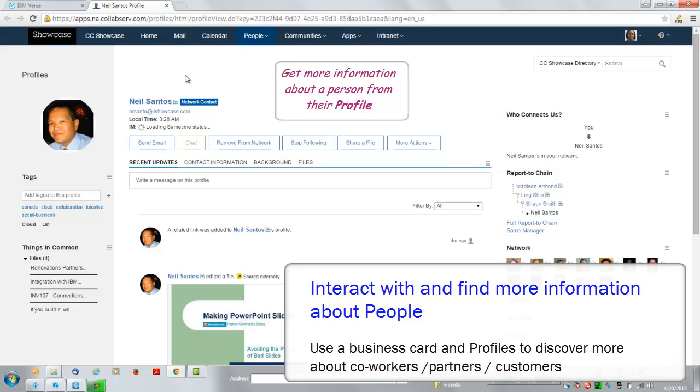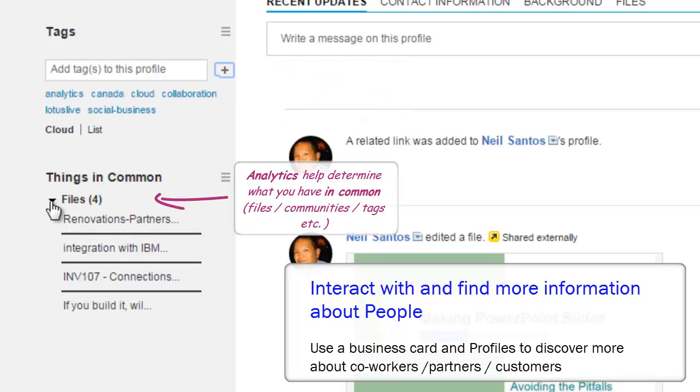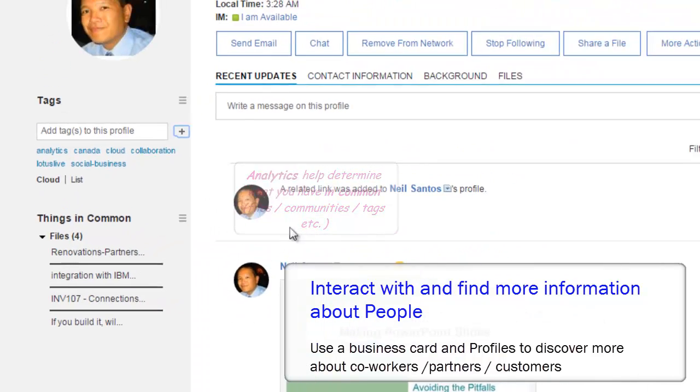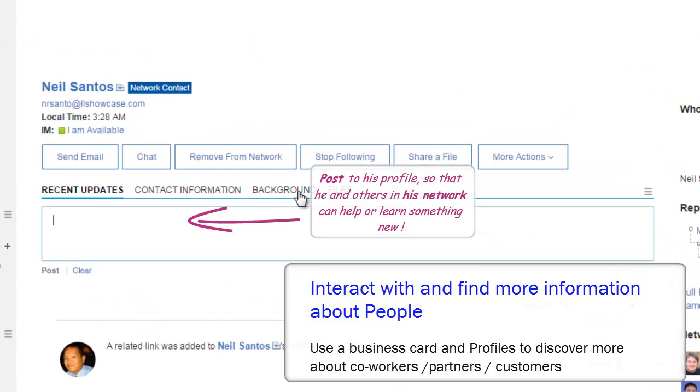person. If you start off to the left here, you'll see that you can add a tag, and you can also view the tags about this particular person. That helps in really finding the expert that you're looking for. Things that are in common, so you've got certain files that you've looked at, and also you're able to post